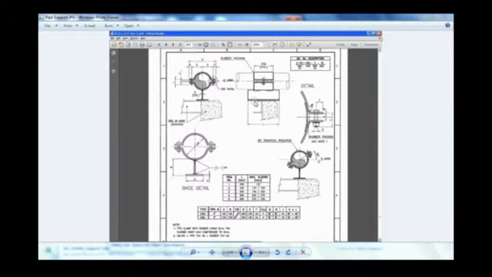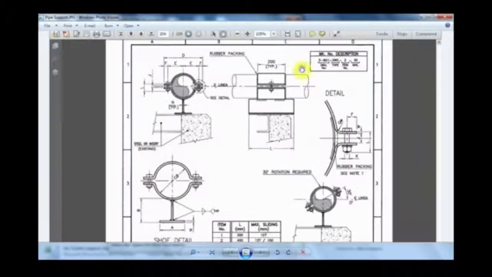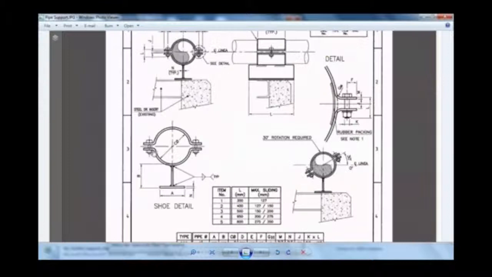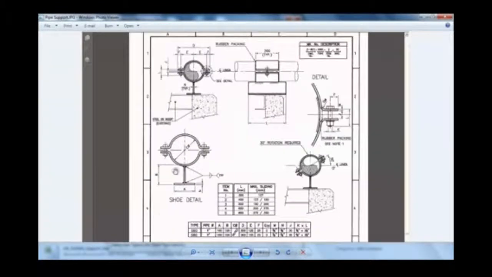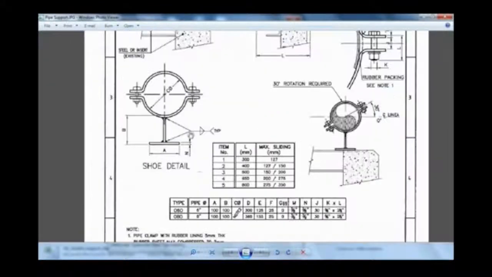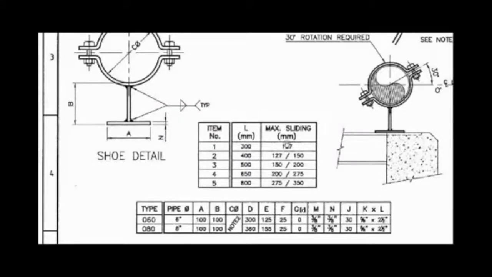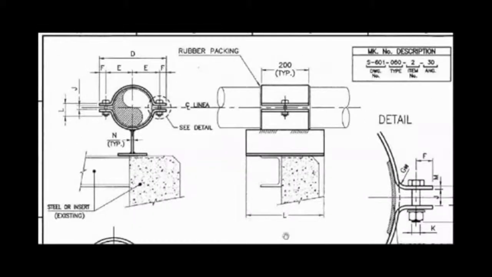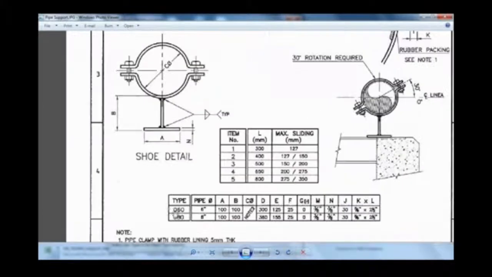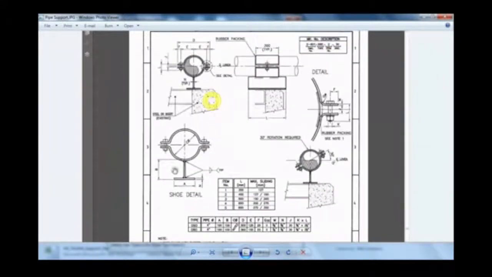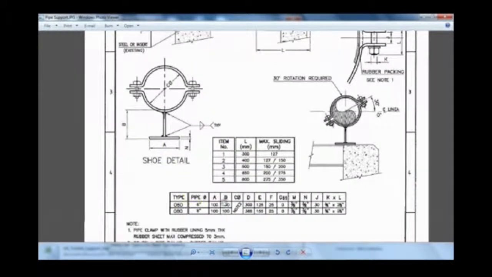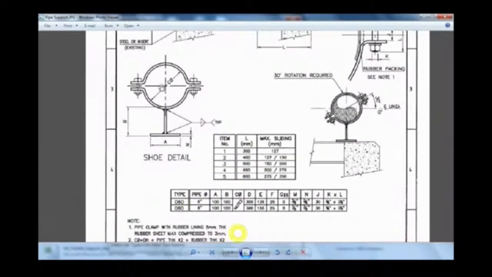And if you consider the constraints or variables of these supports, if you look into the pipe size, this support is applicable only for 6" and 8". That means this support should not be placed below 6" and above 8". Also, you see type 60 and type 80 being used. Type stands for your clamp: the clamp 60 type of clamp and clamp 80 type of clamp, that is what they are going to call.